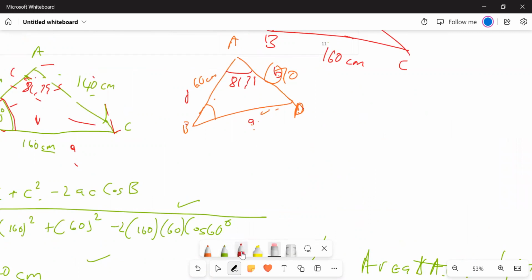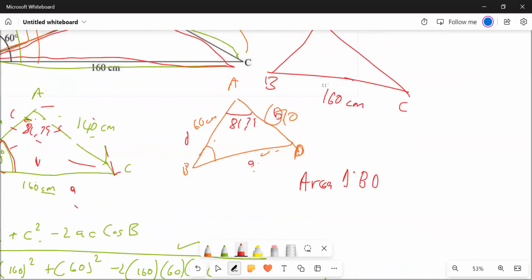So the area of triangle ABD is given by half, and you know what D is, and you know what P is, multiplied by the sine of A. We have half D. What is D? It's 60. And then you have 70 multiplied by the sine of